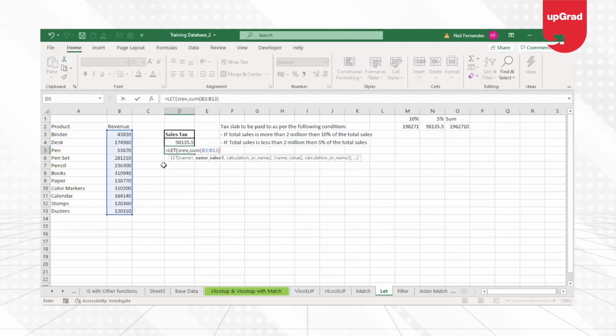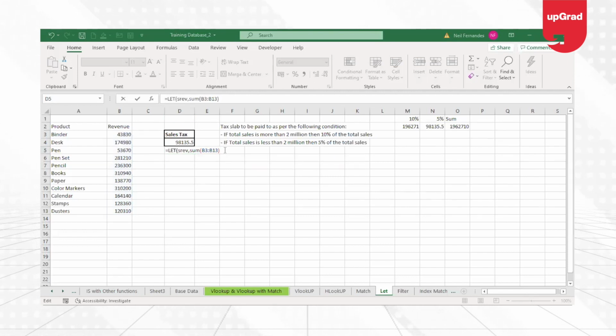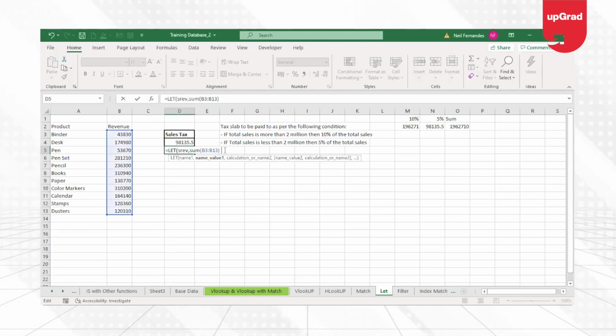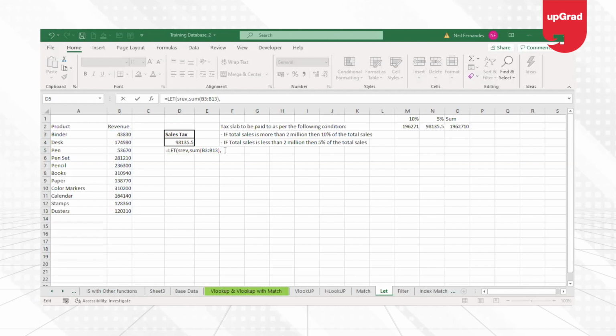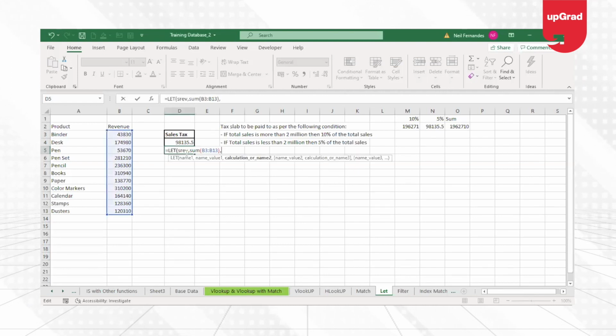Here, what does it do? It's saying that this is my name and this is the sum of revenue that I have given the name SREV. Once I have done this, I have completed the LET part. However, I want to use the name that I have given here as SREV.